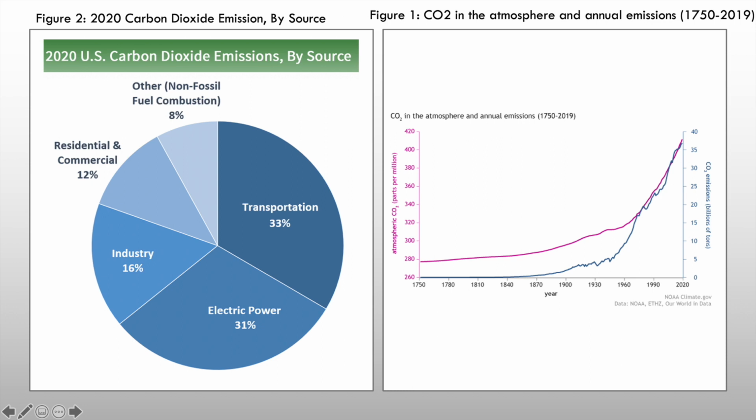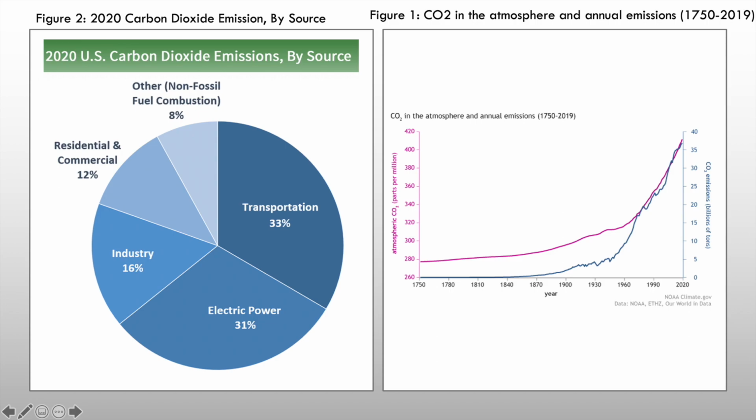Figure 2 on the left is the 2020 carbon dioxide emission by source. As you see, transportation takes the first place by 33%, electric power takes 31%, industry takes 16%, residential and commercial takes 12%, other, which is non-fossil fuel combustion, takes 8%, and these are all percentages of carbon dioxide